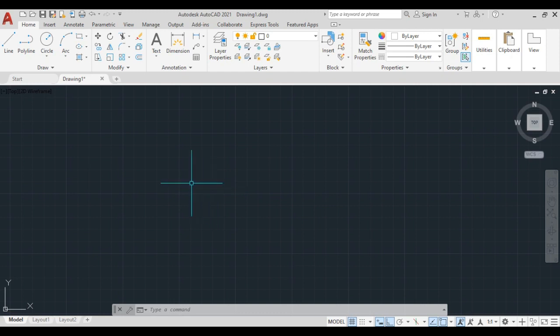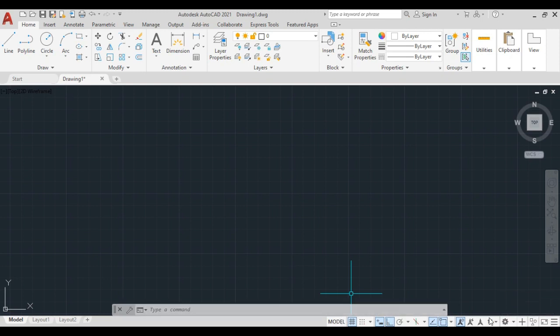Now the basic settings. If you have just installed your AutoCAD and you get this option, it would be better for you, but you may not get all these settings here. First of all, these are called toggle keys.